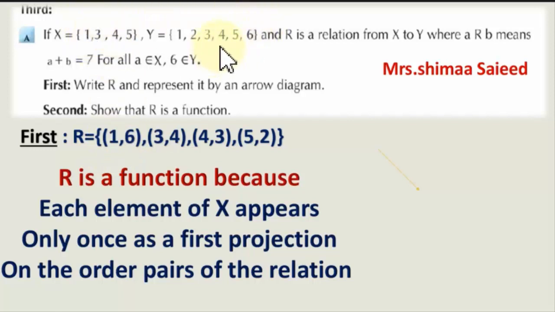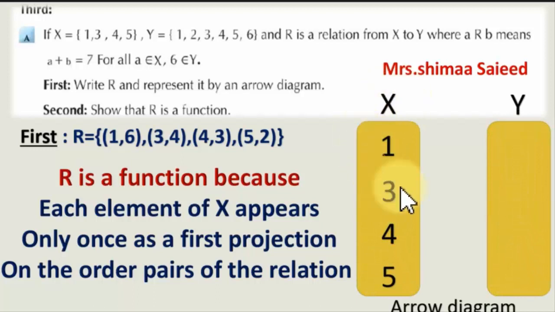1 plus 6. So the first ordered pair is (1, 6). 3 plus 4 equals 7, so the second ordered pair is (3, 4). The third ordered pair is (4, 3). The last ordered pair is (5, 2). This is the relation. If we want to represent this relation by an arrow diagram,